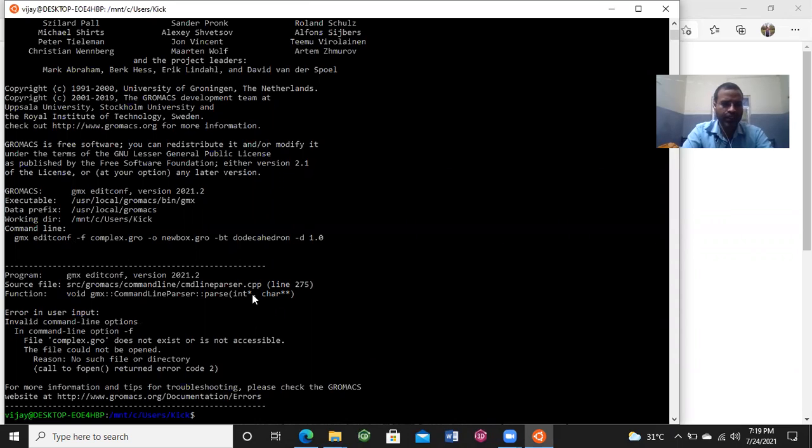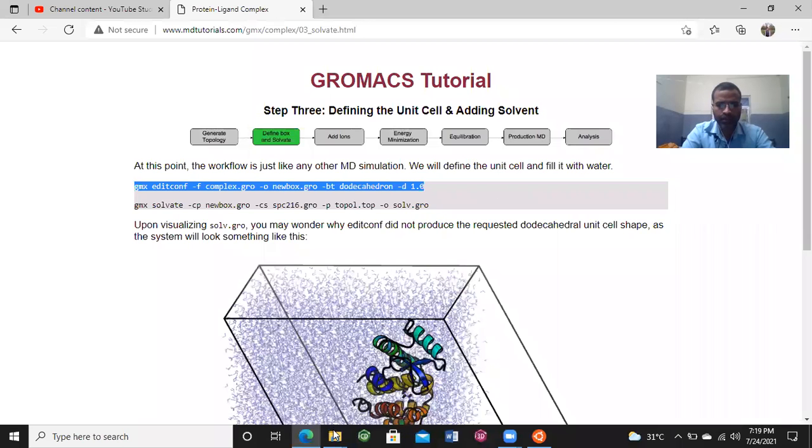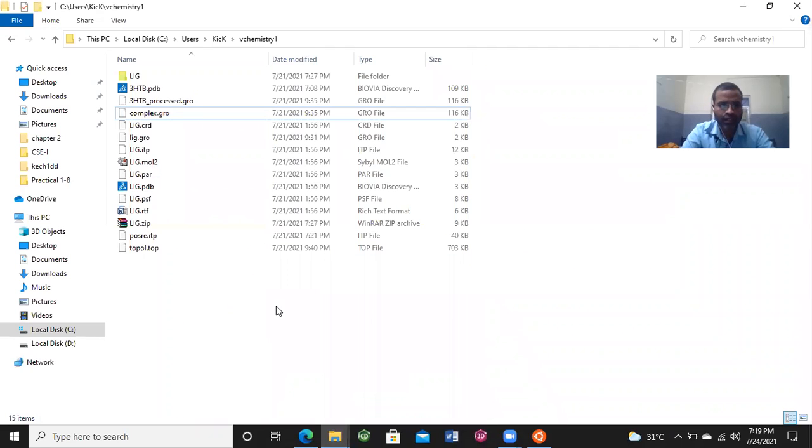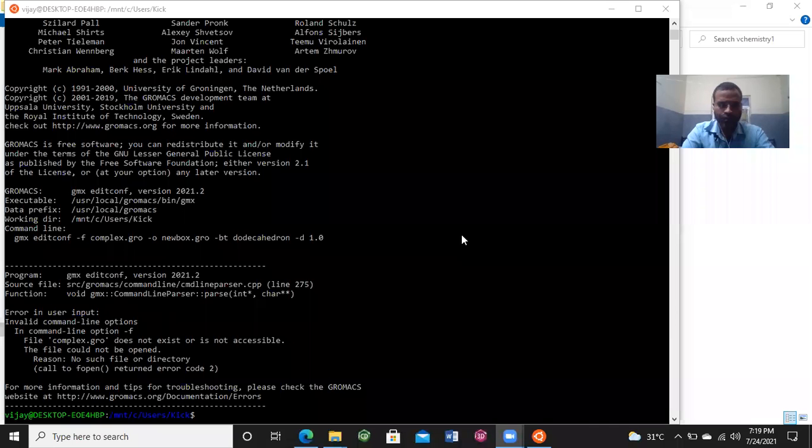Now it says that there is an error in the command line: dash f complex.gro does not exist or is not accessible. So I think renaming the file may create some problem. Oh, sorry.